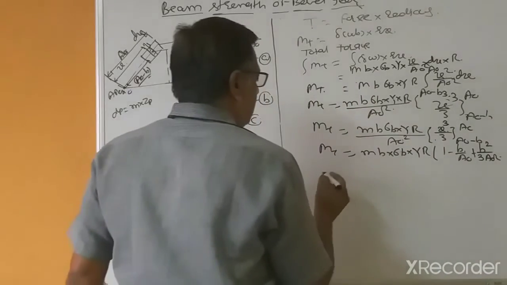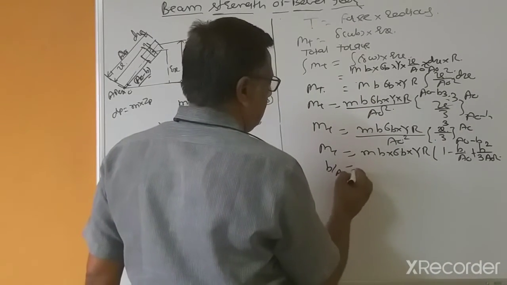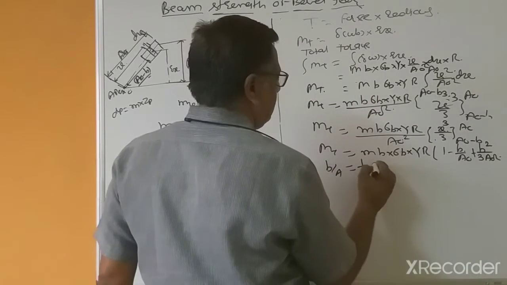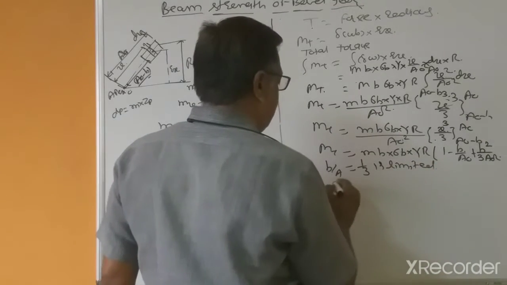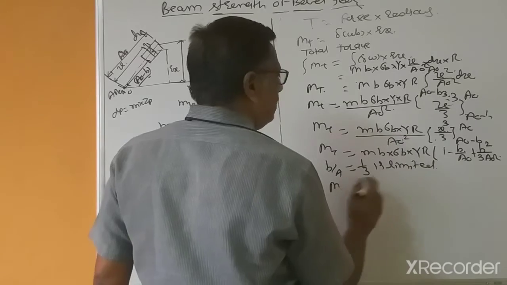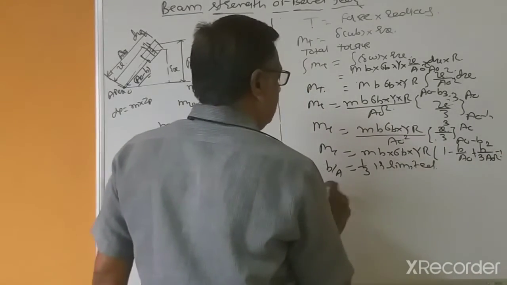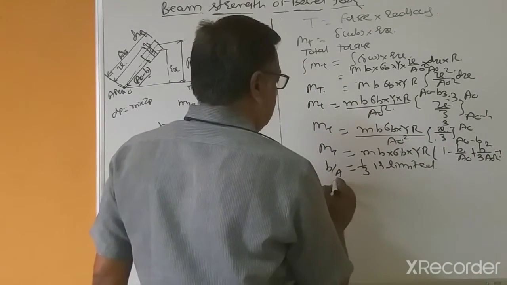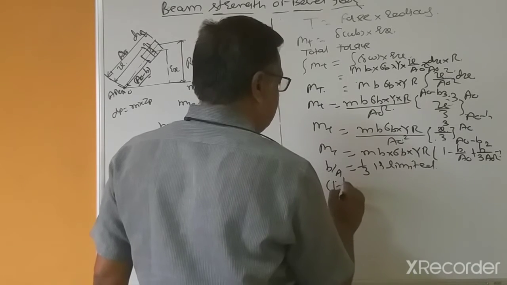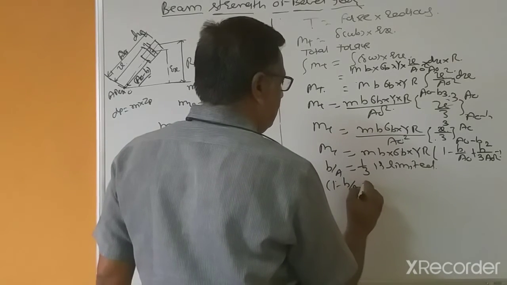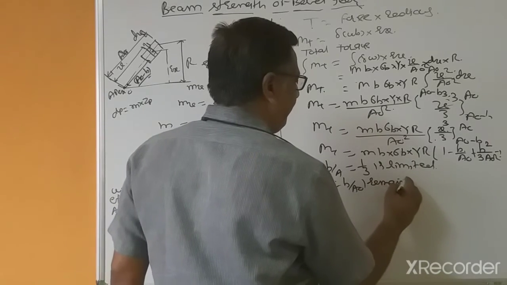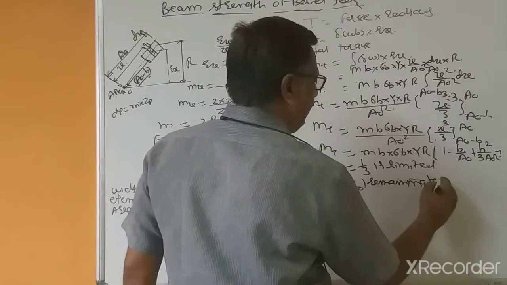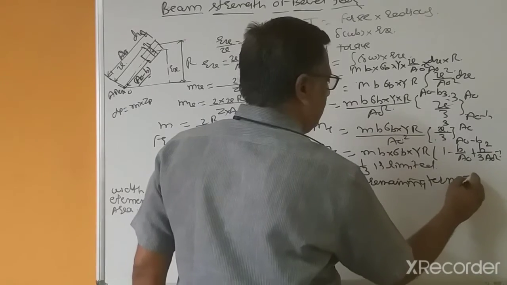Now this ratio b divided by a0 is limited, so other terms except 1 minus b divided by a0, the remaining terms are neglected,